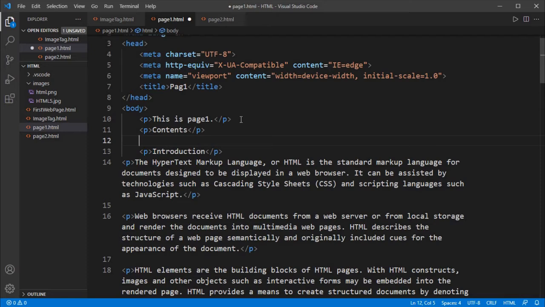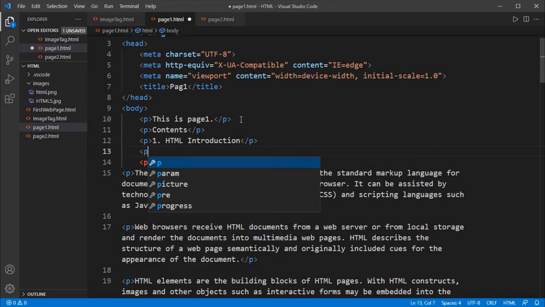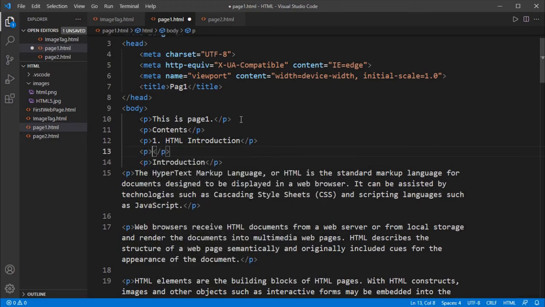There I am going to take a few more paragraph tags, say P. So the first one, HTML introduction. Again take another paragraph tag, say two, history.